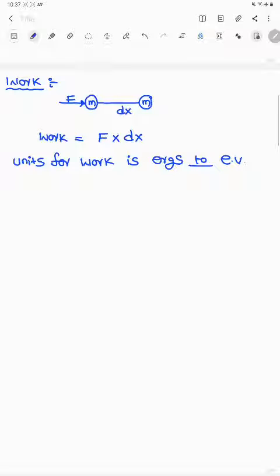First, the erg. Work is defined as: when 1 dyne force is applied on 1 gram of the substance, it travels 1 centimeter distance. The obtained work is called erg. Here erg is defined as 1 dyne force applied on 1 gram of substance, it travels 1 centimeter distance. The obtained work is called erg.